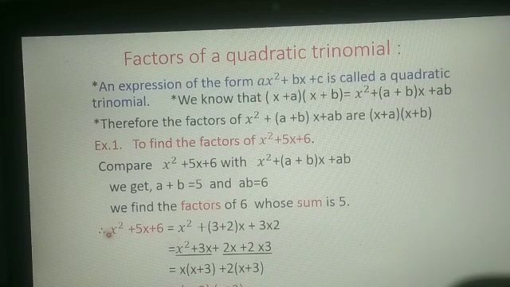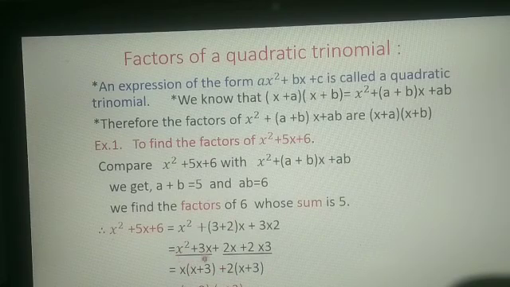So how will we expand? x square plus 5x plus 6 is equal to x square plus 5 can be written as 3 plus 2, into x plus 6. Factors of 6 are 3 into 2. So these 3 and 2 will repeat, but in the form of addition in the middle term and in product form in the third term. Now let us expand. x square plus 3 into x is 3x plus 2 into x is 2x plus here 2 into 3. Now underline those two terms from which we have to take some common terms.